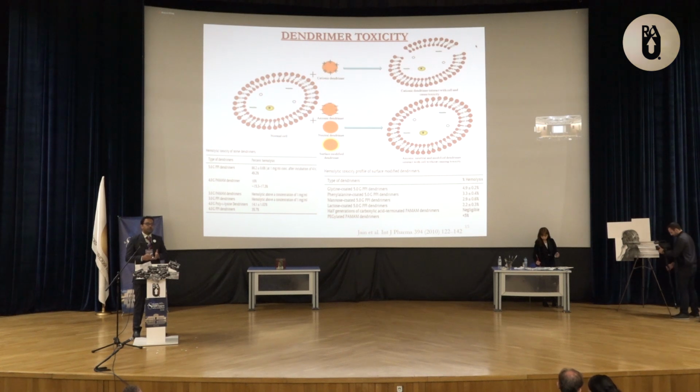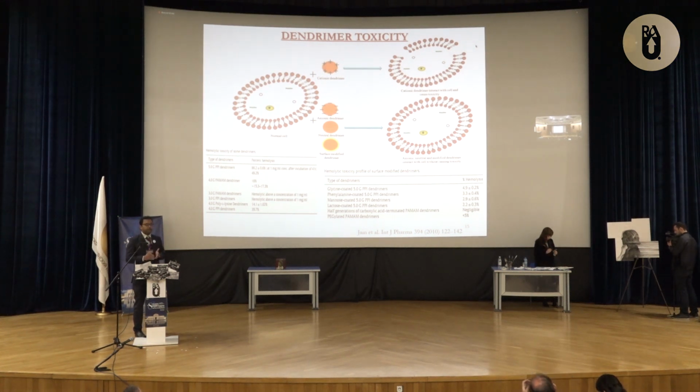Yeah, the main concern with dendrimer, we know that every coin has two sides. Similarly, dendrimers have lots of advantages, but there is one problem, because they have surface NH2 groups that are positive in charge. Because of that positive charge, dendrimers also produce toxicity. So yes, dendrimers are toxic in nature. If you see this slide, the toxicity of dendrimer is very high, 86%, 49%, 18%. But yes, we do not need to worry.